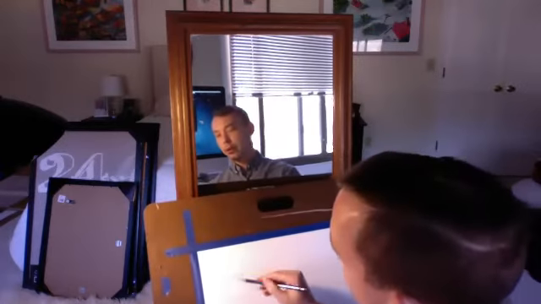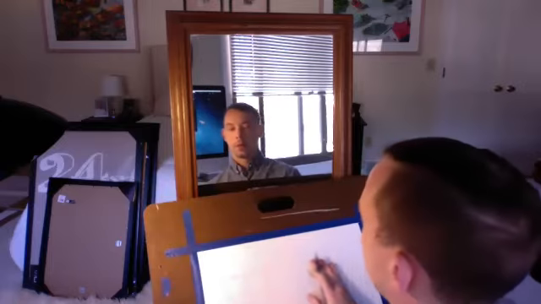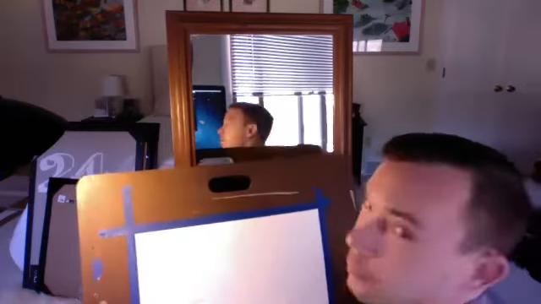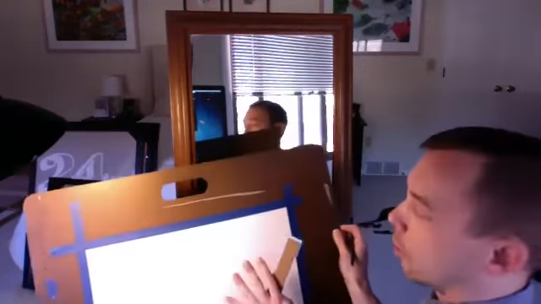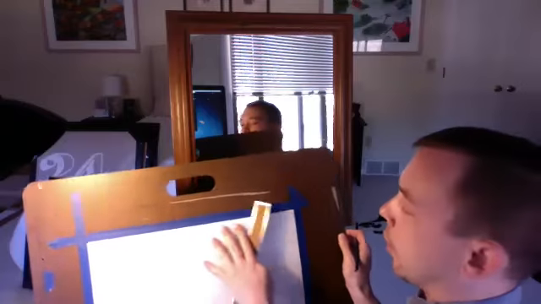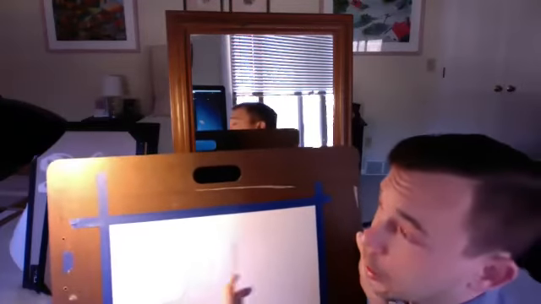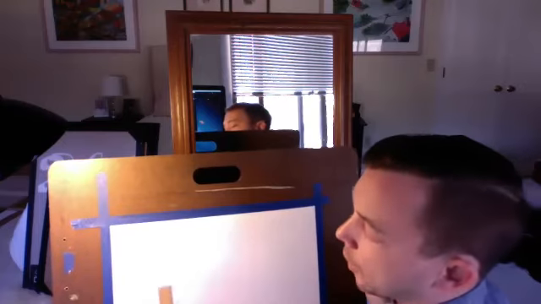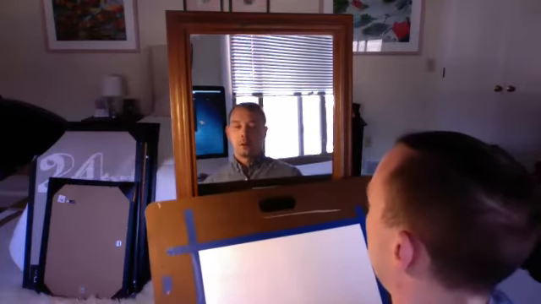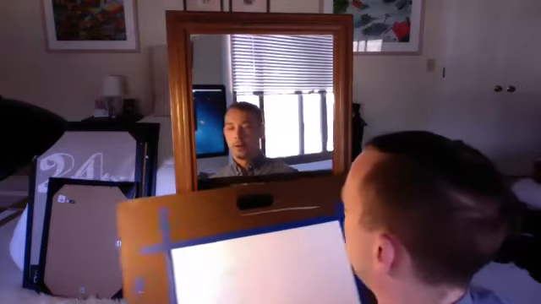So before we start going into all the features, I want to use the other side of my page here, and we will do the 3/4 view. Once again, we're just going to do a basic schematic of the 3/4 view. Okay, so we've got frontal on one side, and